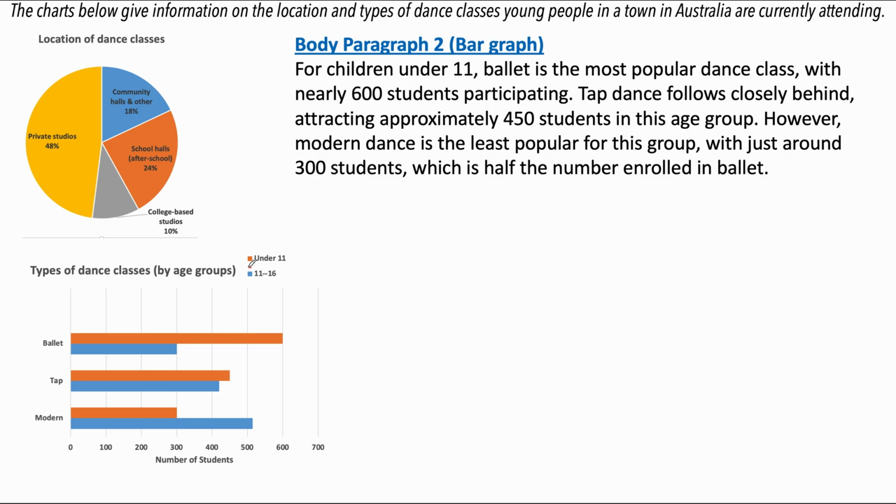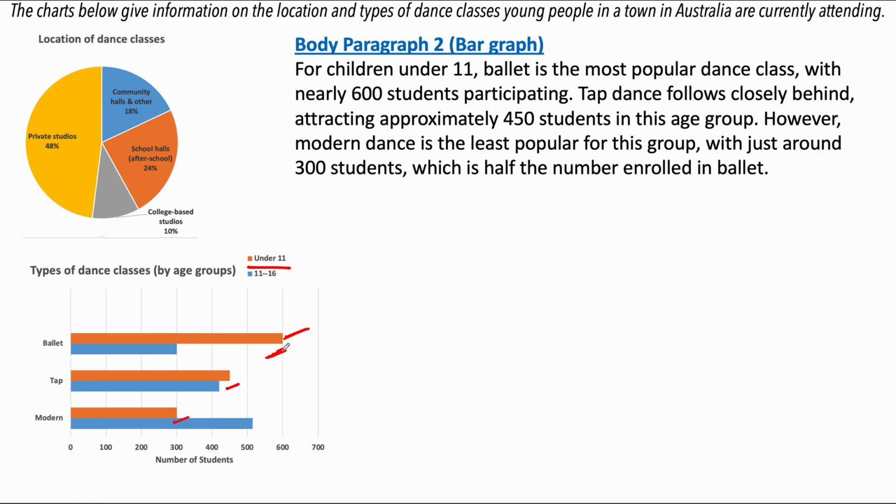For children under 11, ballet is the most popular dance class with nearly 600 students participating. Tap dance follows closely behind, attracting approximately 450 students in this age group. However, modern dance is the least popular for this group with just around 300 students, which is half the number